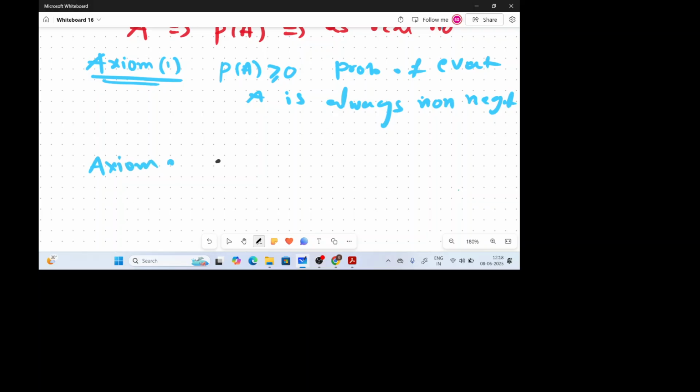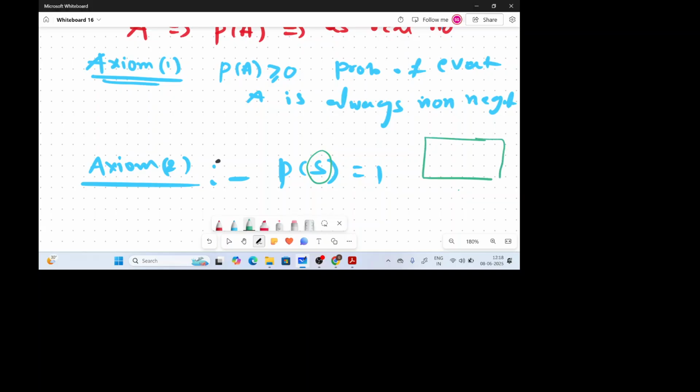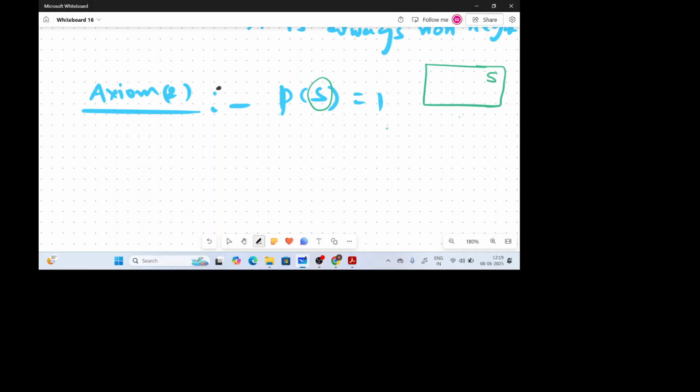So axiom 2, when I say axiom 2, P of S is equal to 1. What is S here? S is the total sample space. I mean to say, if you observe, this is the total sample space of an event, right? So P of S is equal to 1. That is, the sample space itself is considered as an event, right? Since it is encompassing all the events which are present on a sample space,